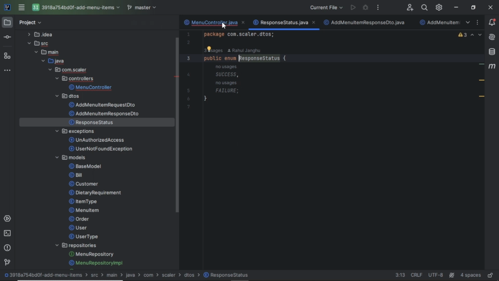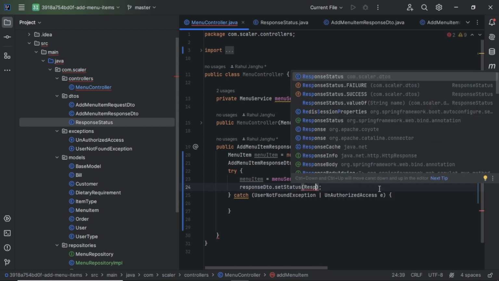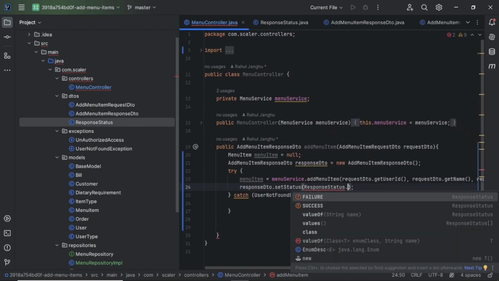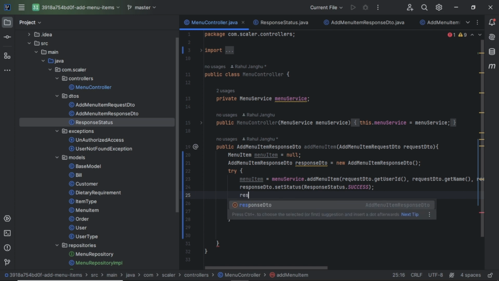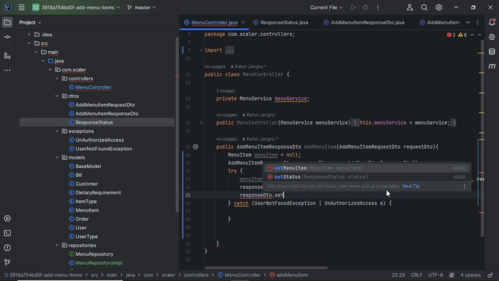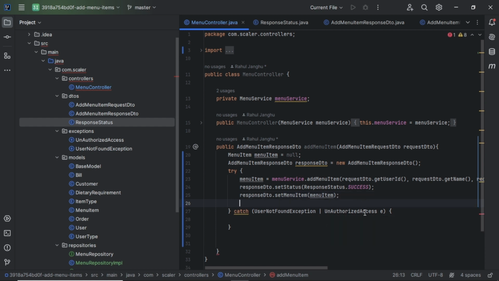We have success and failure. Because in the try block we simply take response status dot success, and response DTO dot set menu item. Set this menu item. So we already set it and we will simply return this response DTO.